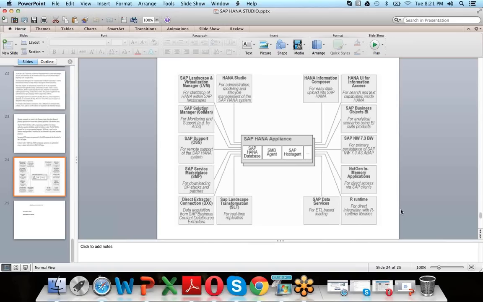System information. What is system information? In system information there are a set of tables available. This system information is useful mainly for the basis consultant. As a HANA developer, as a HANA subject matter expert, as a HANA modeler, most of this information is not useful. But for a HANA administrator, whatever information is available in the system information tab is very useful. For example,